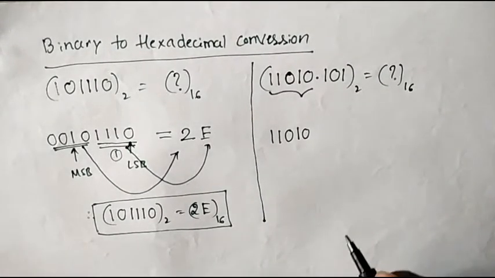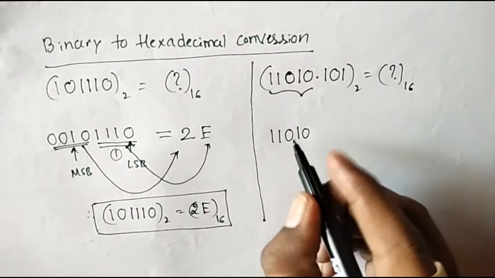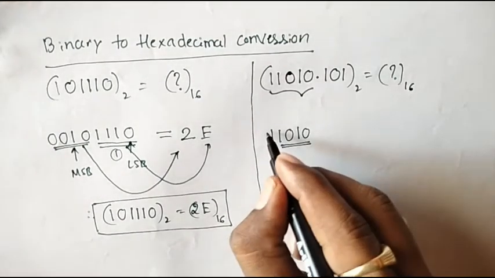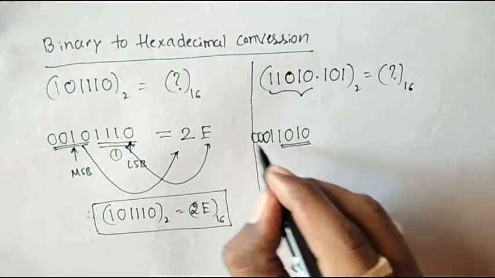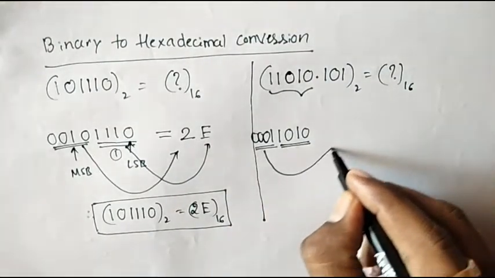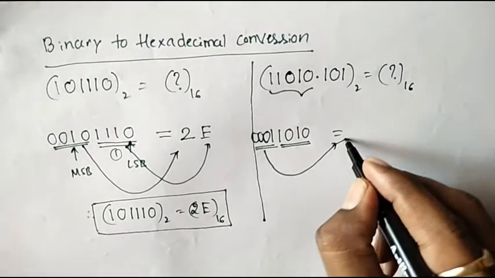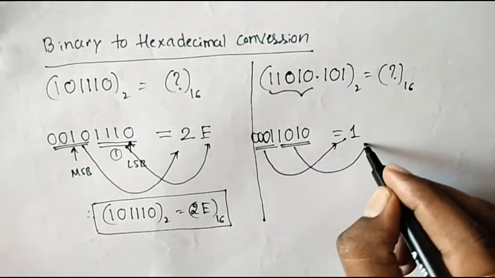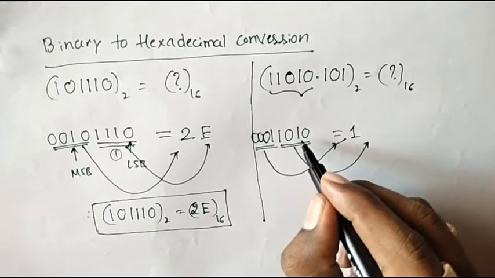Let's represent this in hexadecimal. Do the grouping of 4 bits. This is the first group. Add 3 zeros and we'll form the second group. So the hexadecimal equivalent of this is 1, and the decimal equivalent of this is 10, hexadecimal